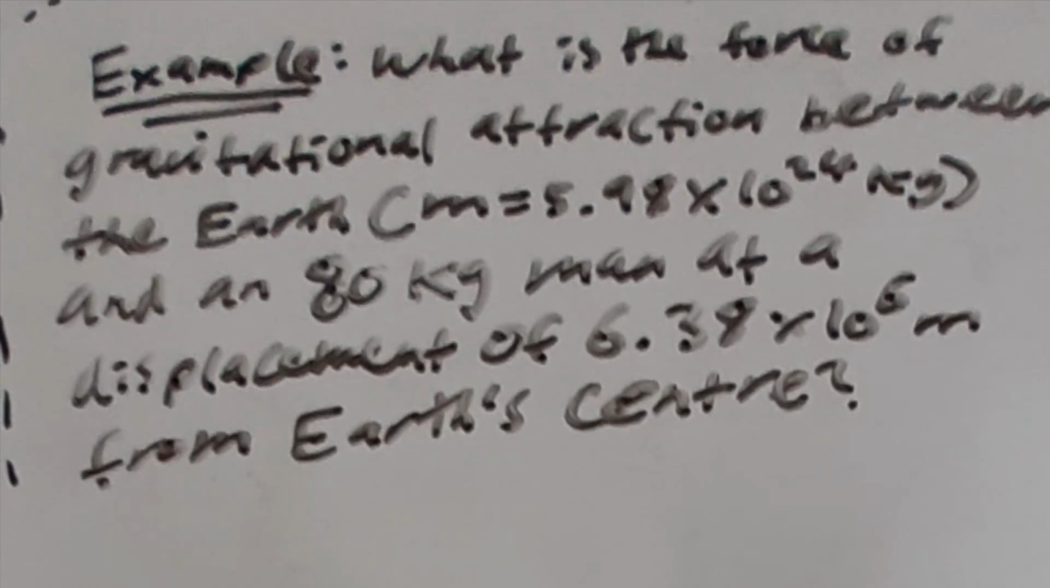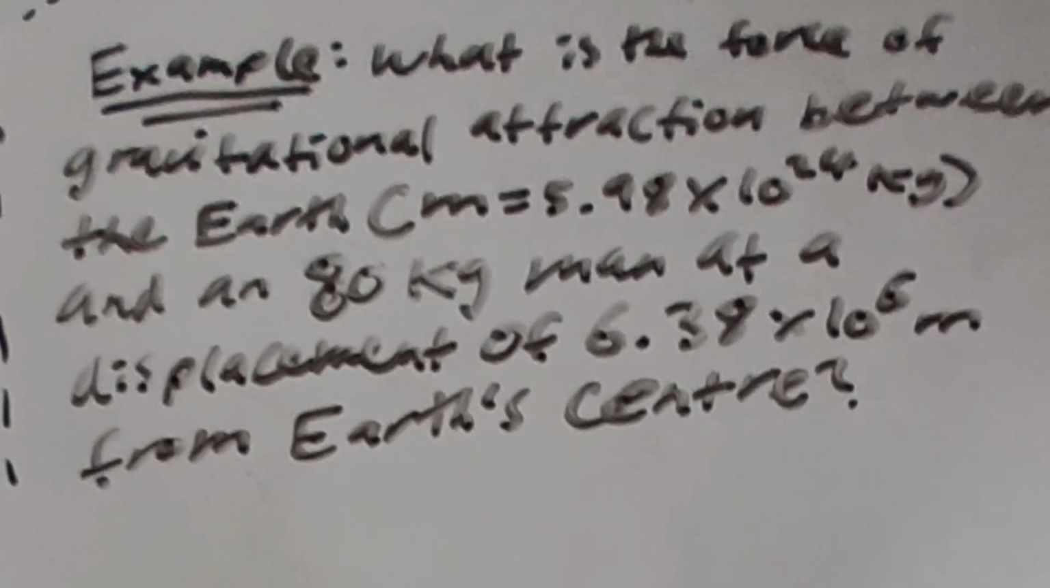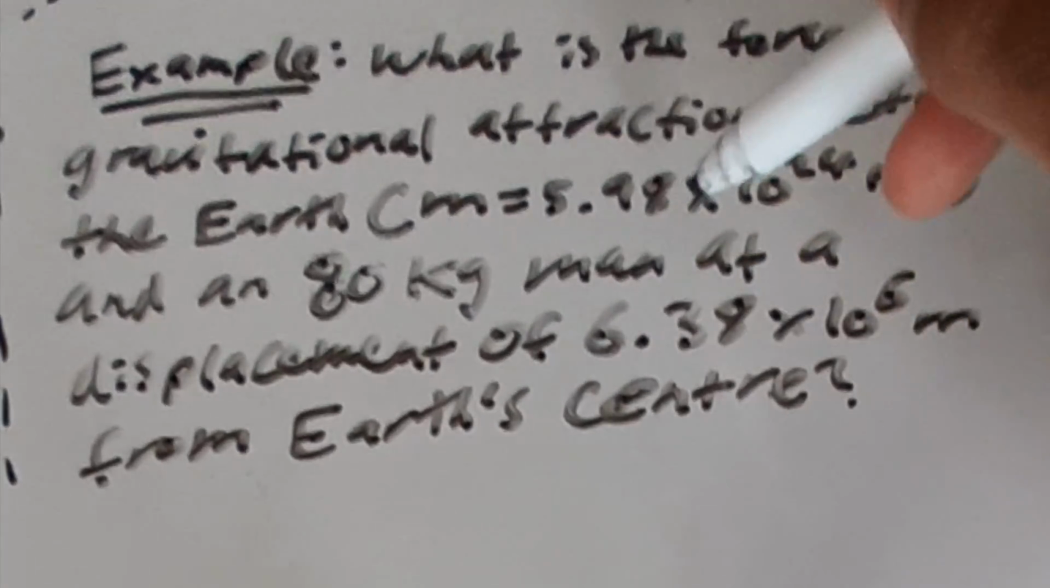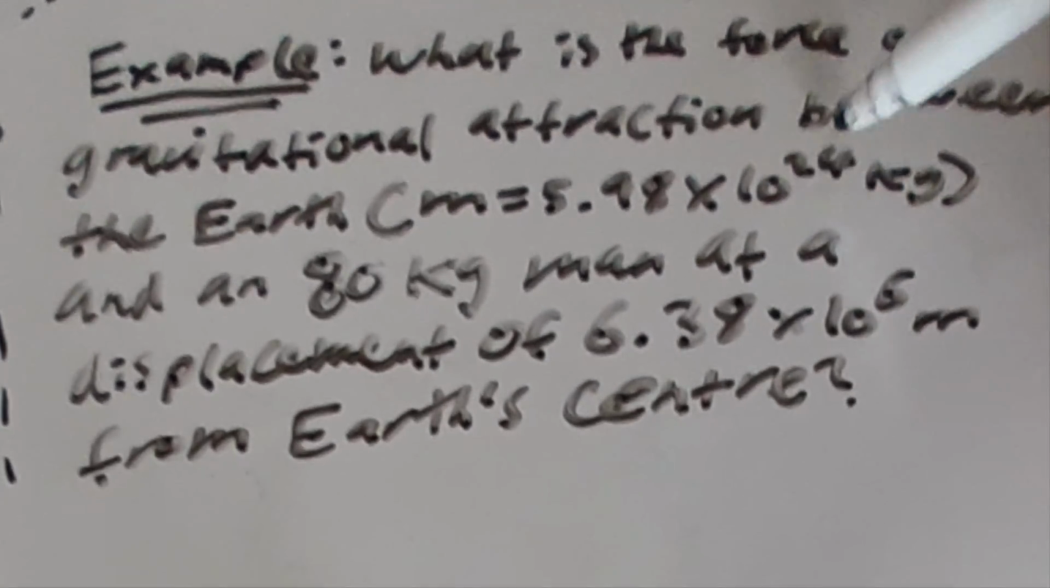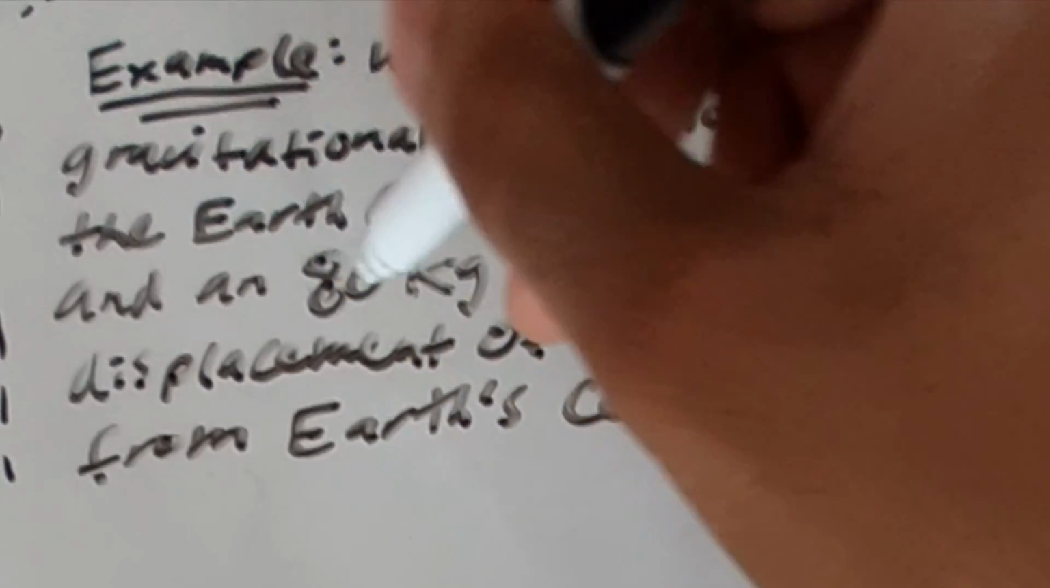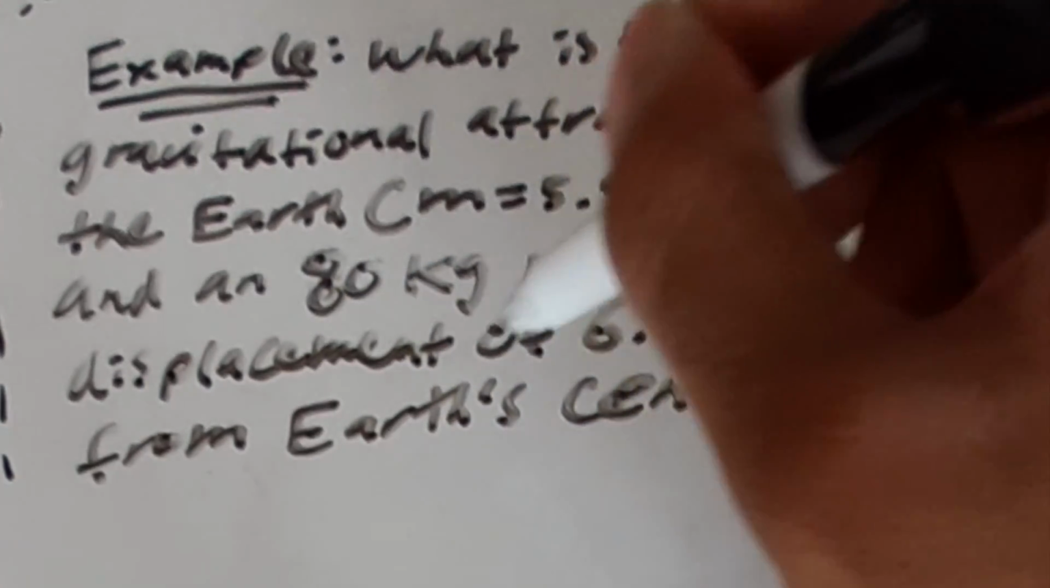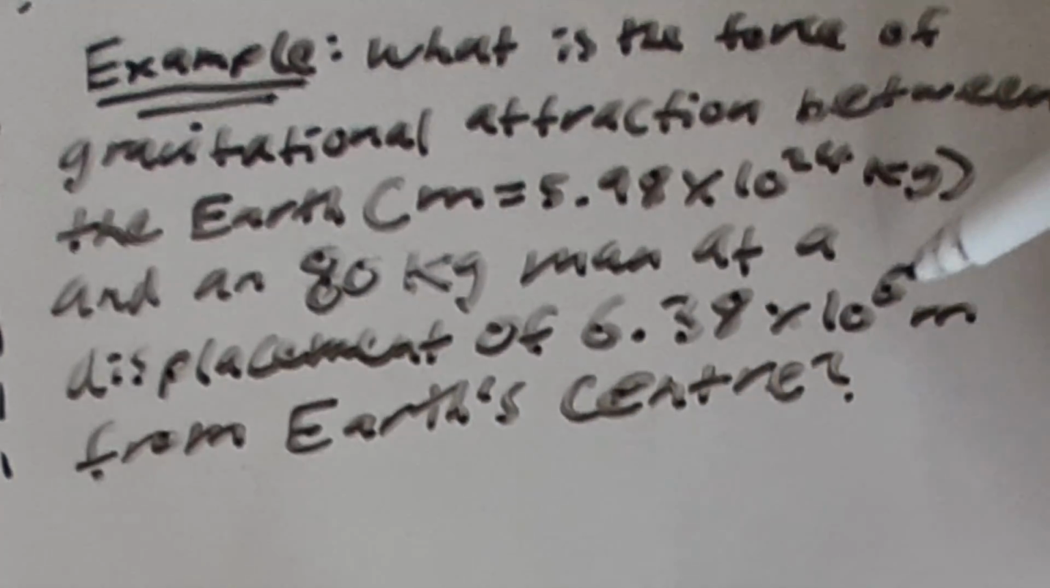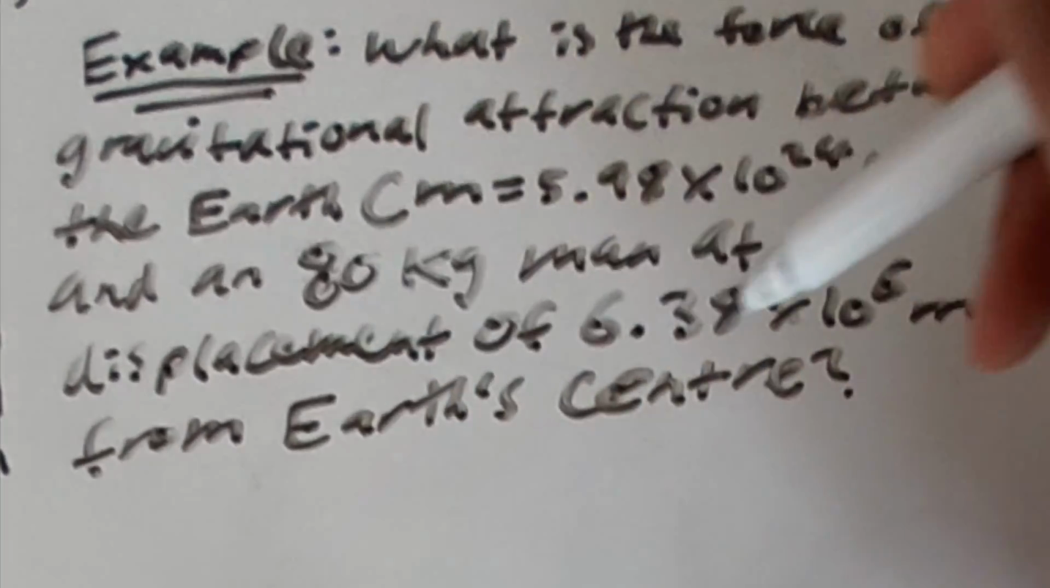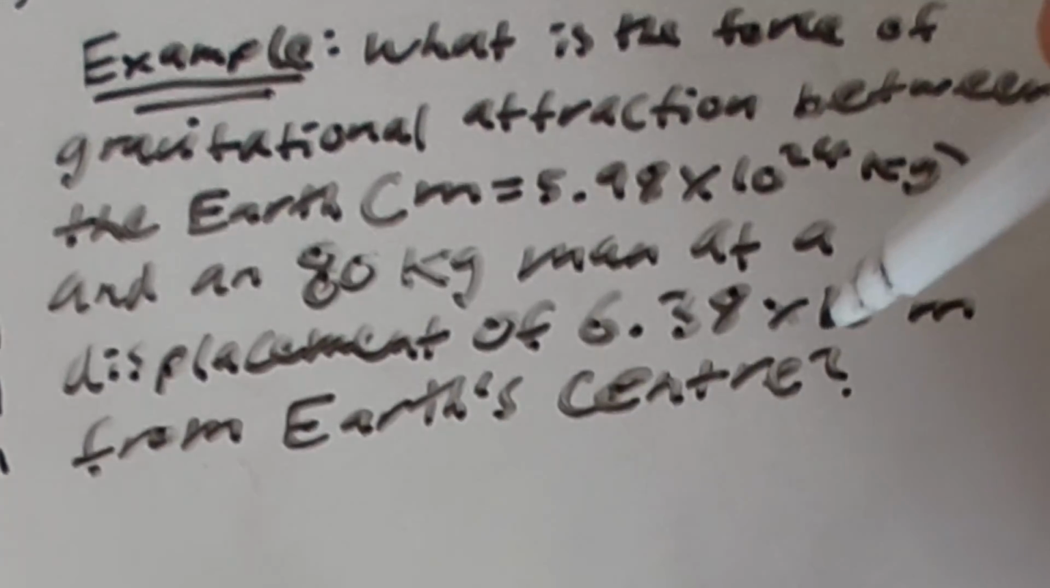So the practice example we have here is: what is the force of the gravitational attraction between the Earth with a mass of 5.98 times 10 to the power of 24 kilograms and an 80 kilo man at a displacement of 6.38 times 10 to the power of 6 meters from Earth's center? Therefore, first we can recognize the formula